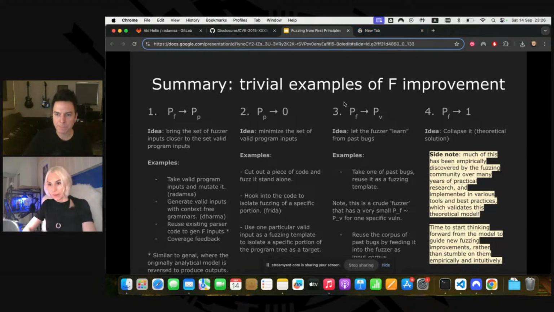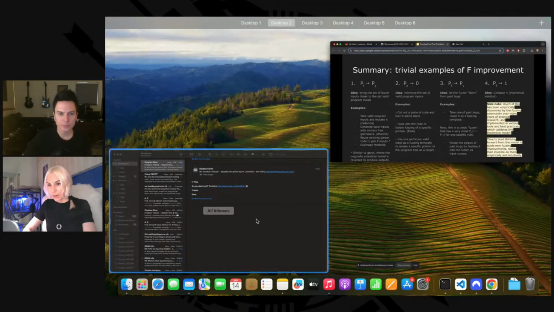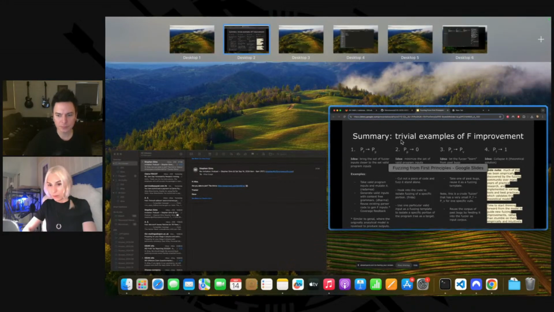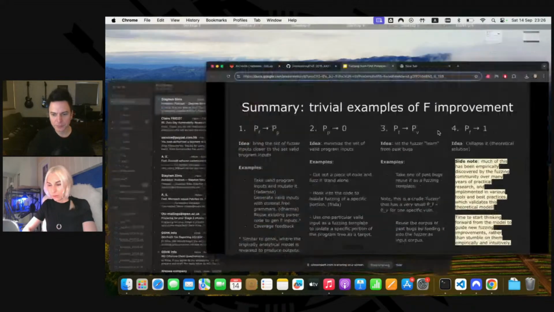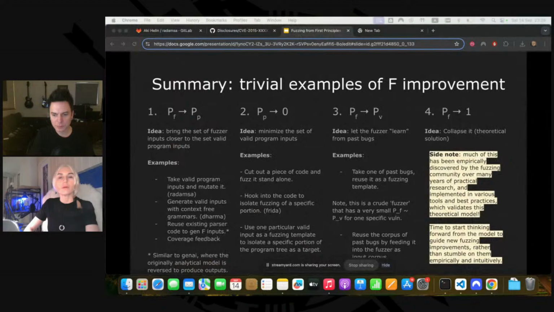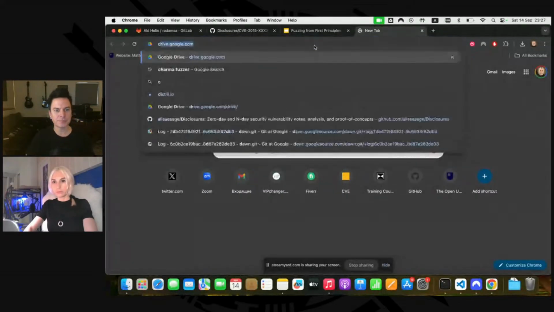So I'm going back, and where I stopped, I had a sample vulnerability, and I wanted to show Dharma. All right, I see it popping up now.